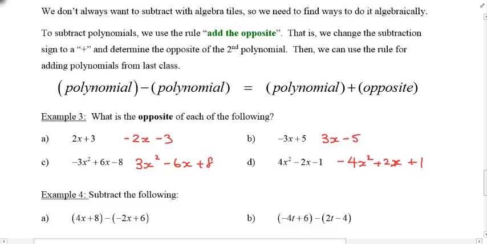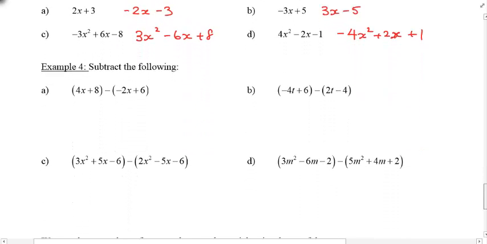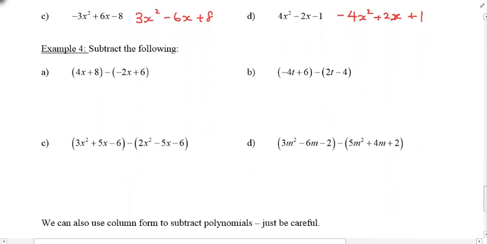Alright, so now let's try to subtract the following. And remember, the key thing here is just to add the opposite. So we're going to keep the first polynomial the same. We're going to change the minus to a plus, and we're going to make it the opposite. So what's the opposite of negative 2x? That's positive 2x. What's the opposite of positive 6? That's negative 6. Okay, so in essence, we're distributing the negative sign into both those terms, and now making it